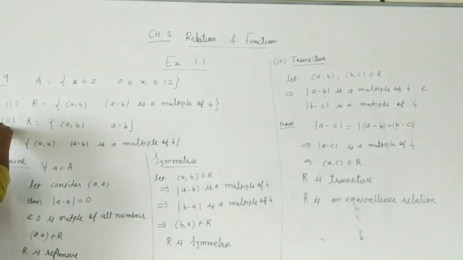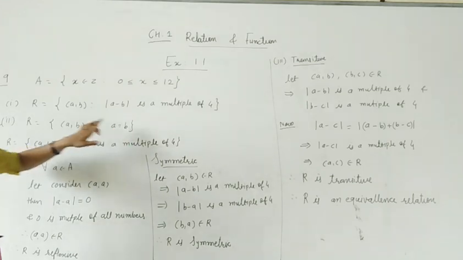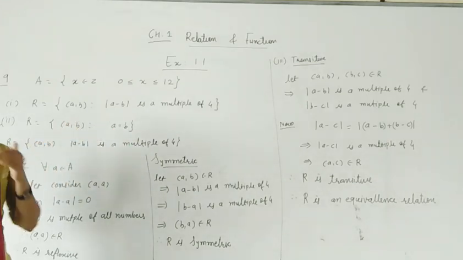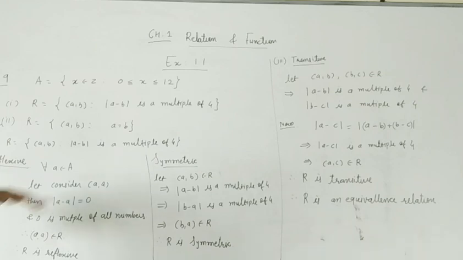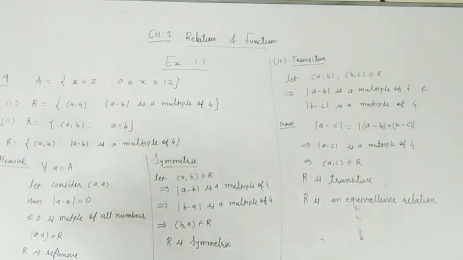Now question number 2 is the easiest question, as A is equal to B. So in this question, the part 2, I am leaving up to you. You may solve it by yourself. Is equation A equal to B. You can prove it very easily. Okay, so let me see the next question.